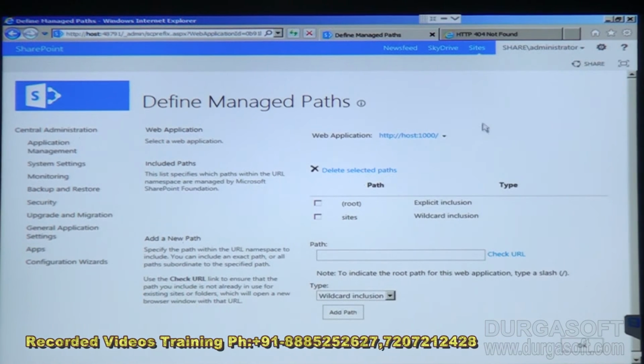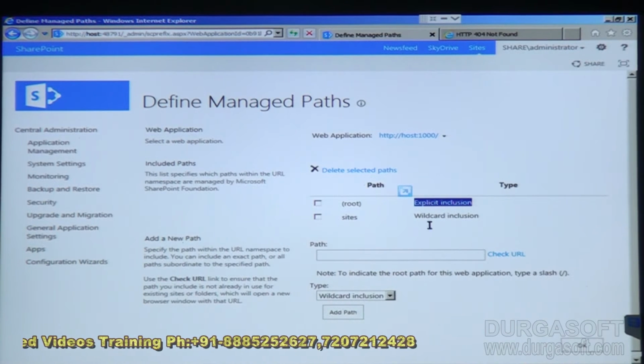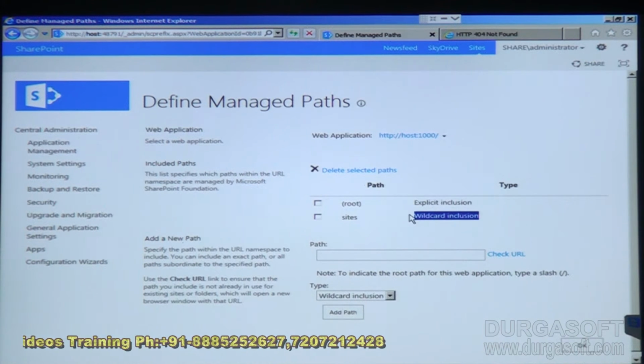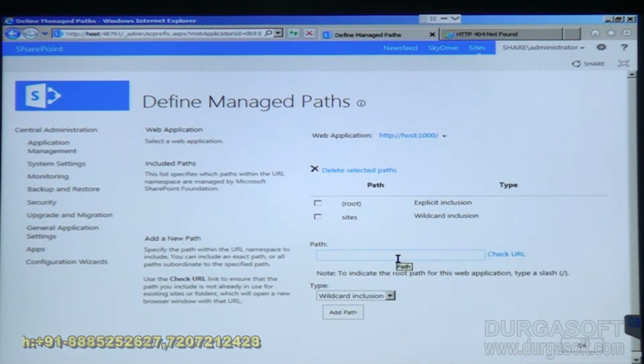Now, if I select the managed paths, we have two types of paths. One is explicit inclusion, the other one is wildcard. Explicit means that's a dead end, a roadblock, slash or something. So if I want to create